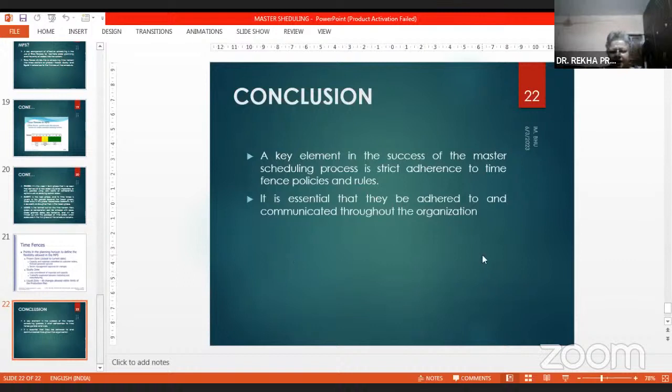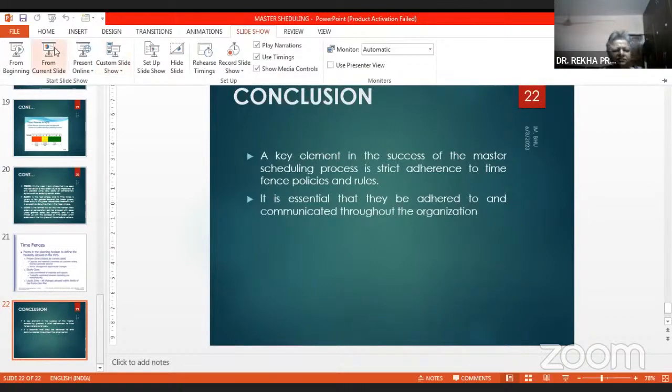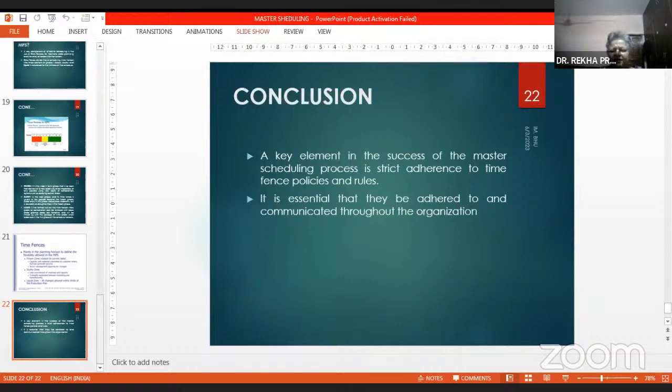So you can see, initially when you are in the liquid phase, you have a lot of opportunity to make changes.